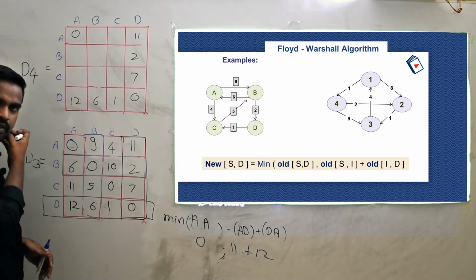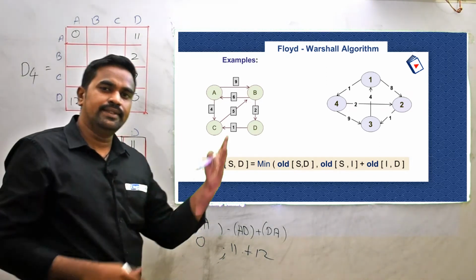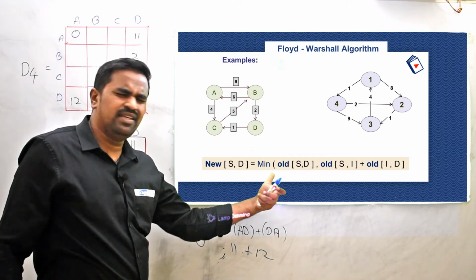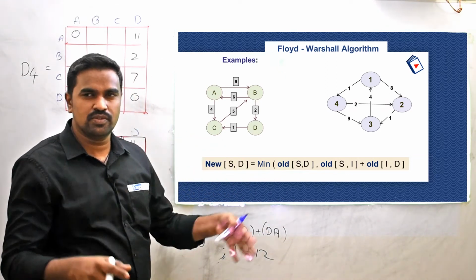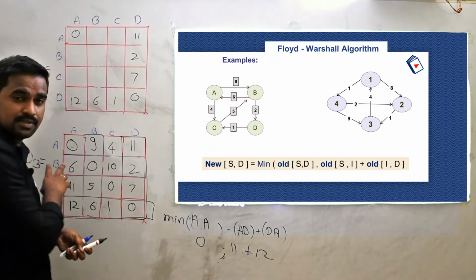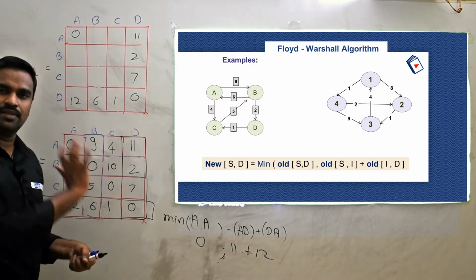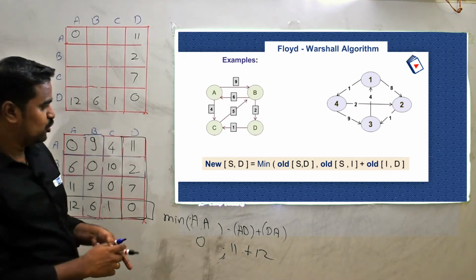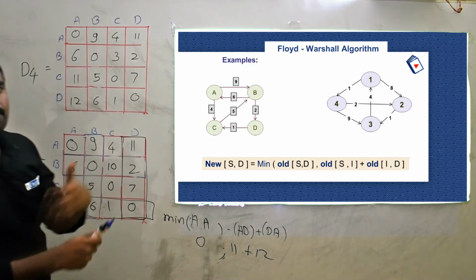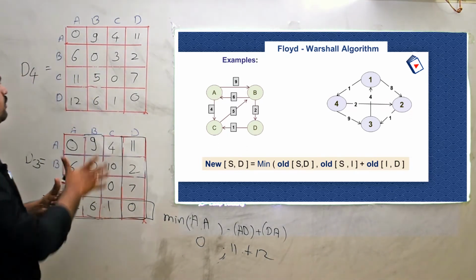A to B कैसे कैलकुलेट करोगे? A to D and then D to B. बस एक ही फॉर्मूला का गेम है and fluid Warshall is over. Only thing is that ये सारी चीज़ें बहुत पेशेंटली एंड अच्छी तरह से दिमाग शांत रख के तुम्हें सॉल्व करना है. डन. So let's solve it. So by applying the same formula, these are the values.